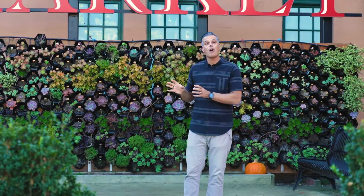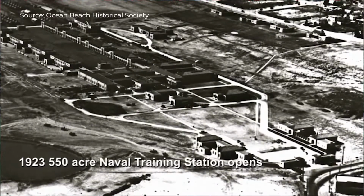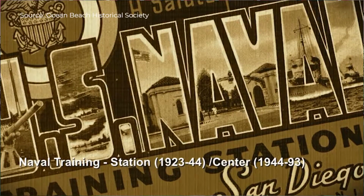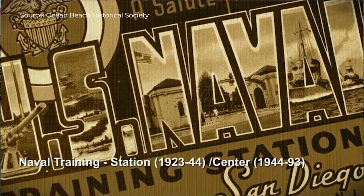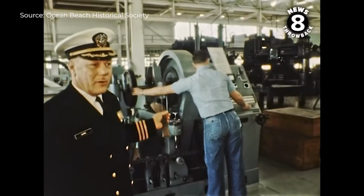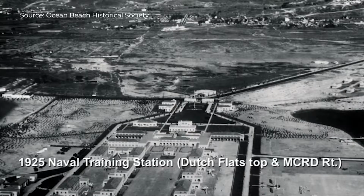But that's just one part of Liberty Station in general. This is a 361-acre parcel that used to be a naval training center. It was actually called NTC San Diego from 1923 all the way through to 1993. And it wasn't until the late 90s when I moved here and came upon block after block of derelict buildings